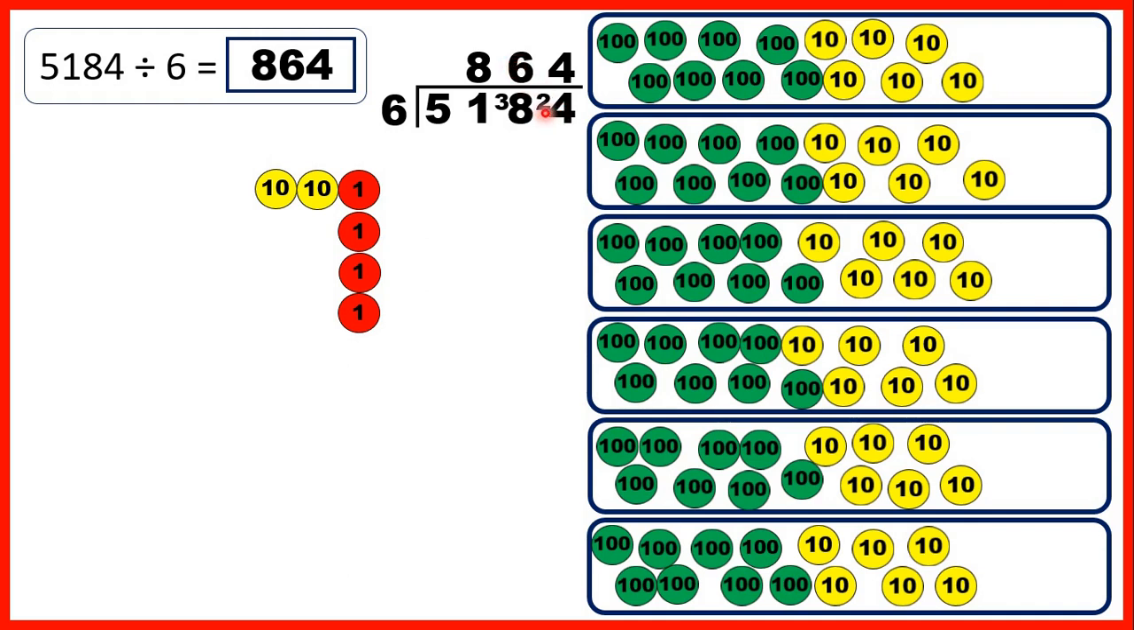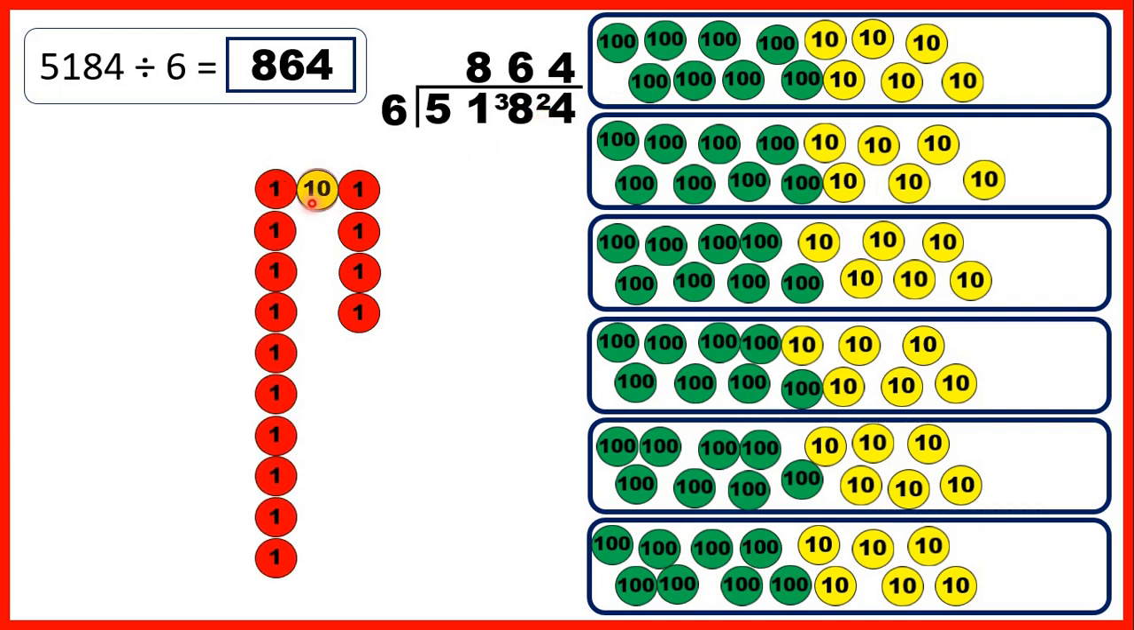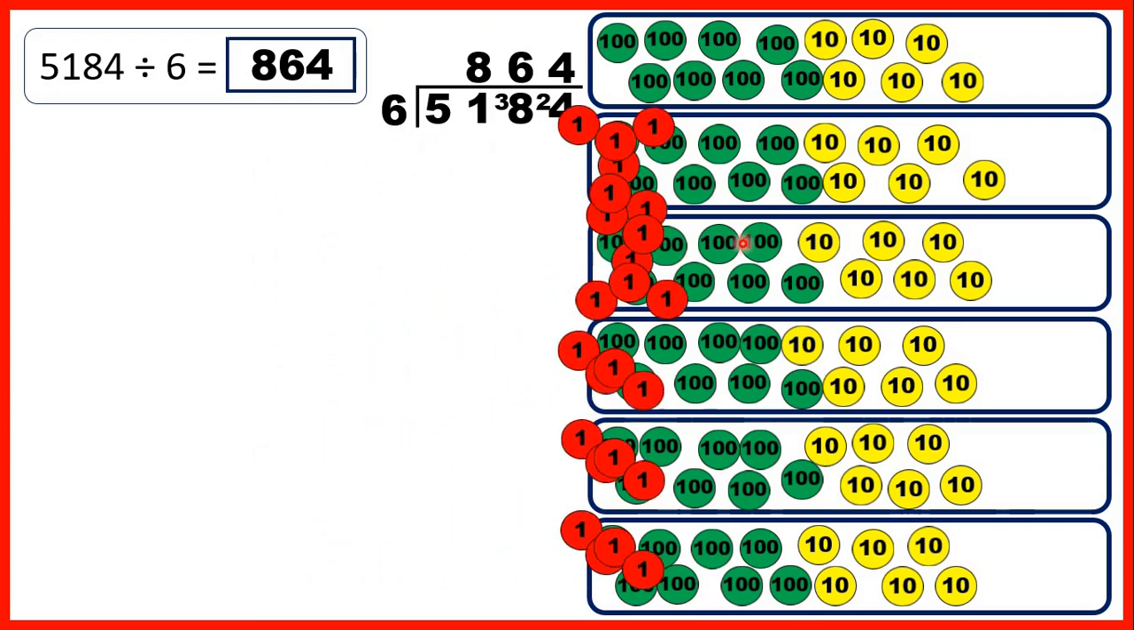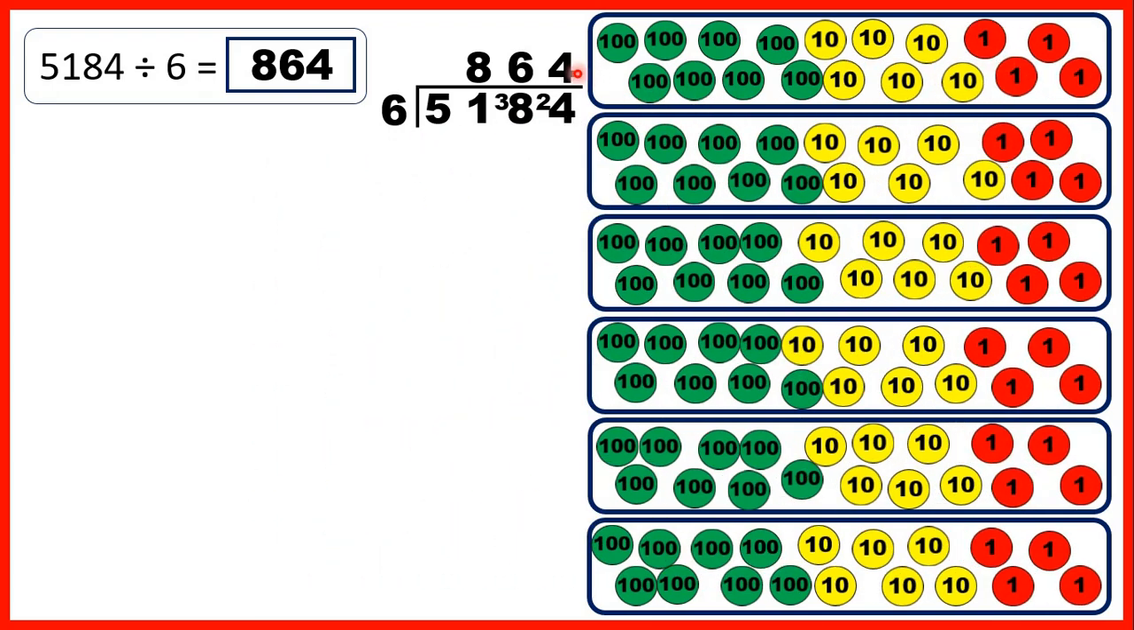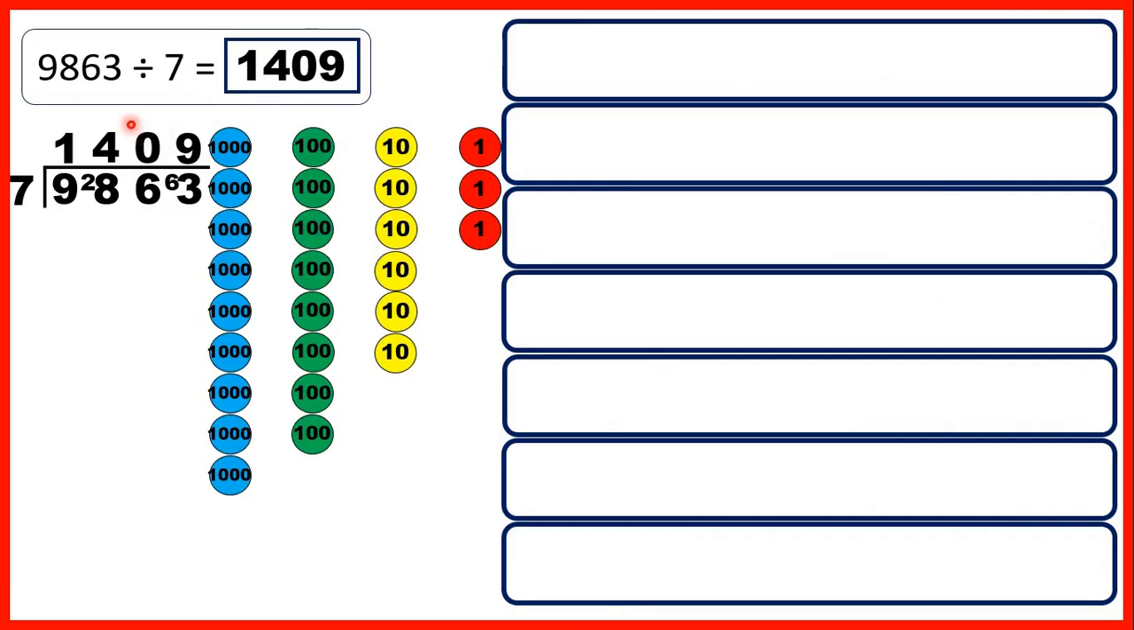We write the remainder in front of the next digit because we can exchange these 10s for 10 ones. So now we have 24 ones which we can share out with 4 ones in each group. So that's why our answer is 864. For our last question, we had 9,863 divided by 7. So that's 9 thousands, 8 hundreds, 6 tens and 3 ones, and we're sharing these counters